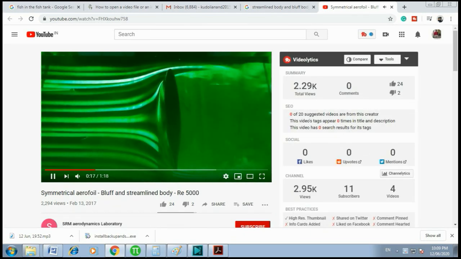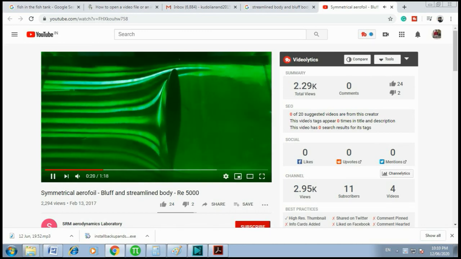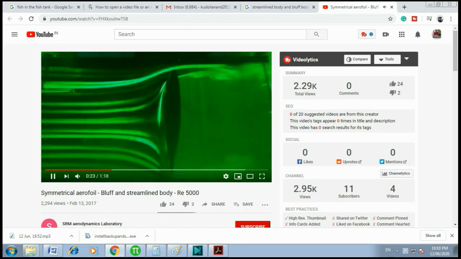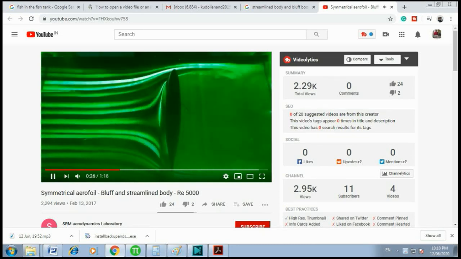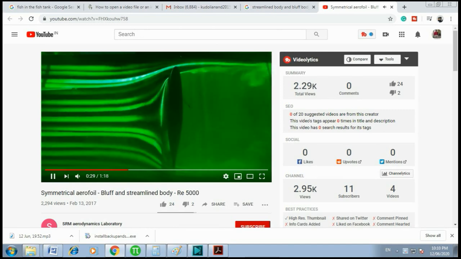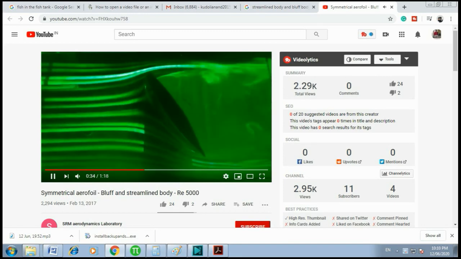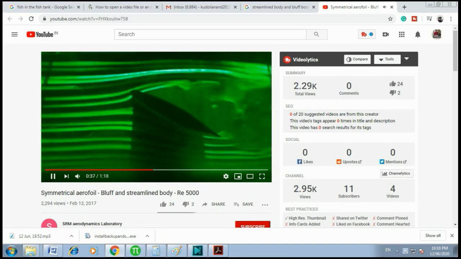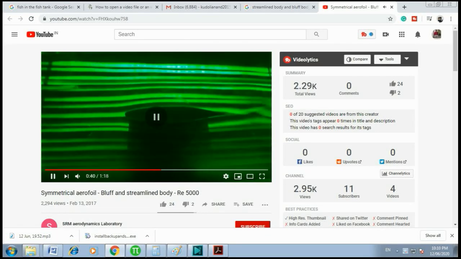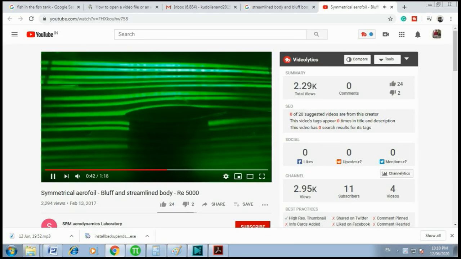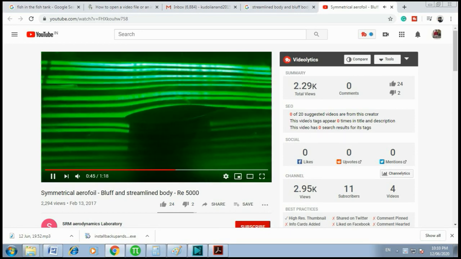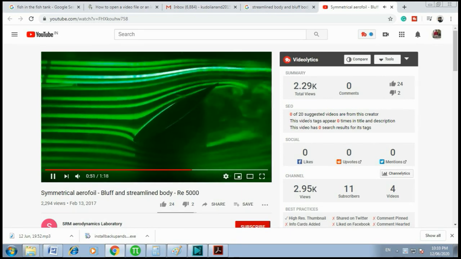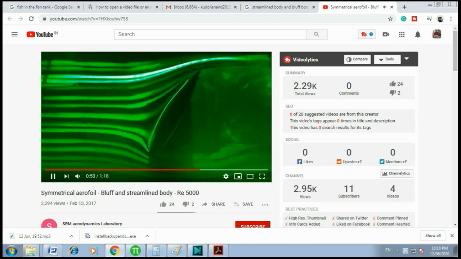This is nothing but the bluff body, and when it is parallel to the streamlines, in that case the body becomes a streamline body. Whenever it is perpendicular, the streamlines are not coinciding with the surface of the body. Now see, it is again becoming the streamline body. See, these are the streamlines, and now it is coinciding with the surface. Now this body becomes a streamline body. Whenever these streamlines are not coinciding with the surface, then this body becomes a bluff body. Now again it is becoming a bluff body.